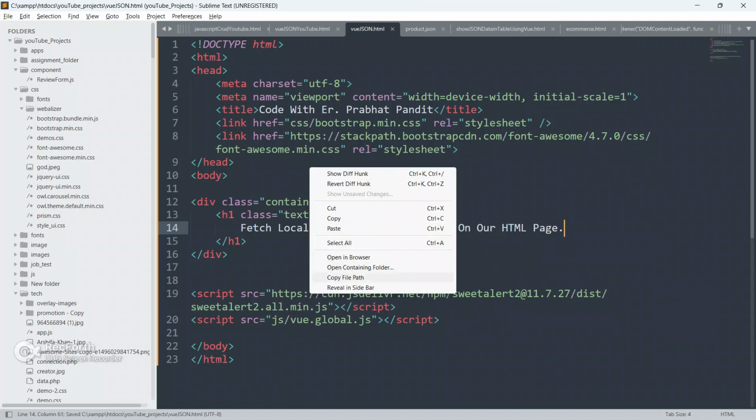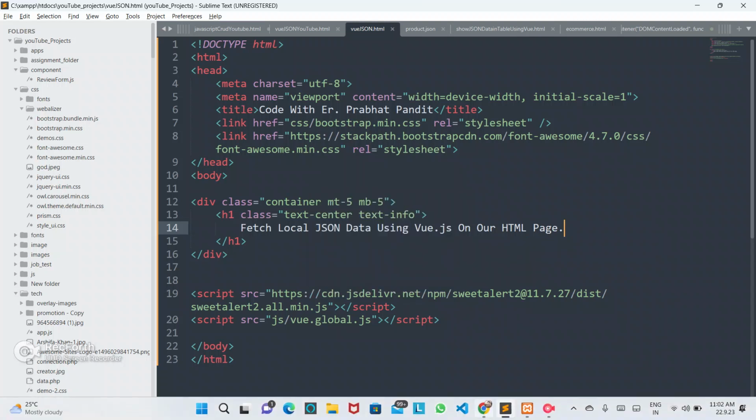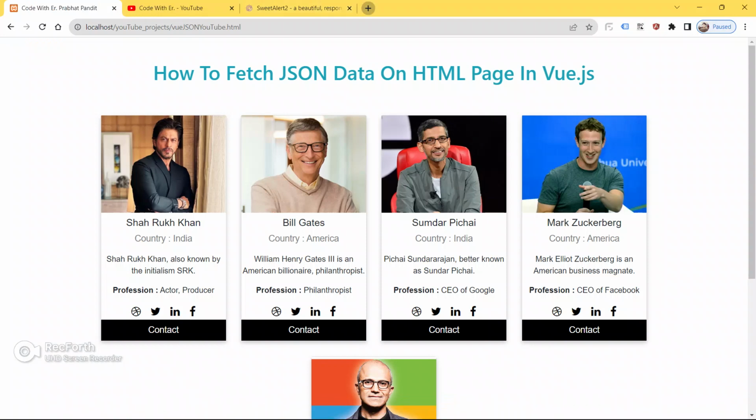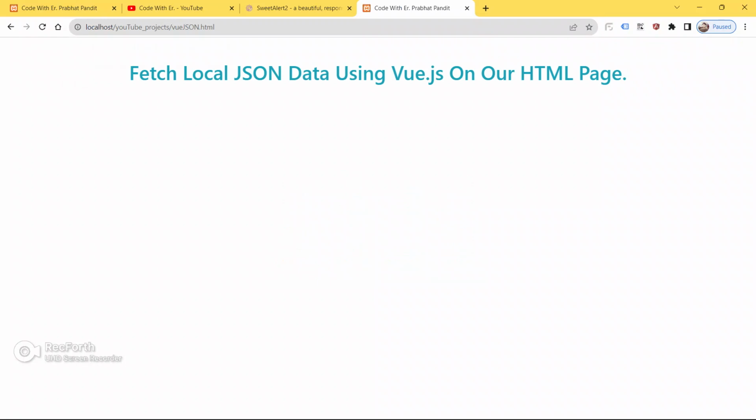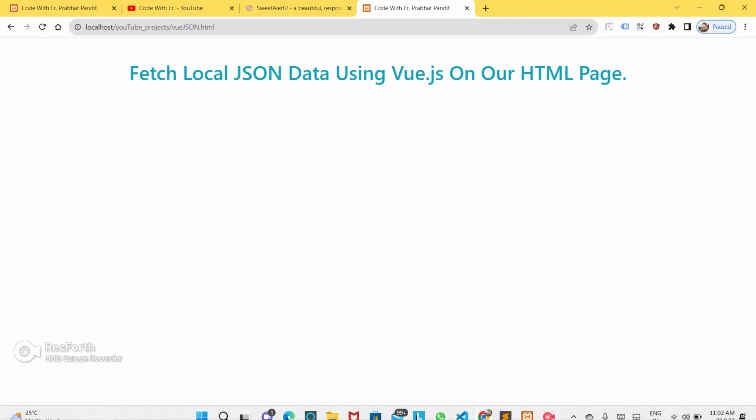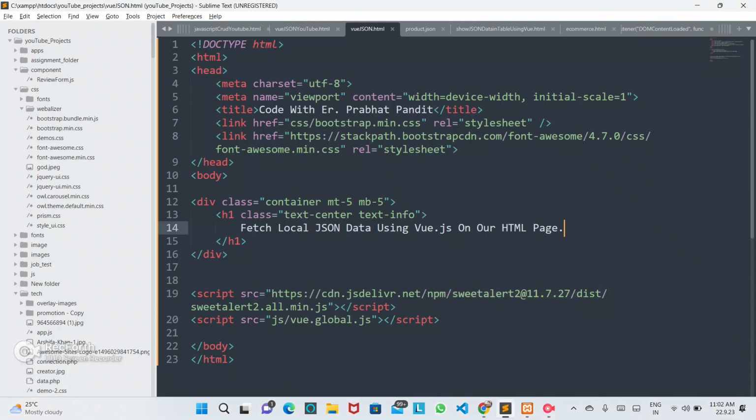Okay, so now guys, save your page, copy the file path, and go to the browser, open a new tab and paste it. Paste it here and remove this, put localhost and click enter. So guys, now you can see fetch local JSON data using Vue.js on our HTML page.